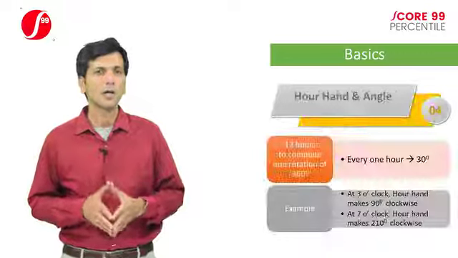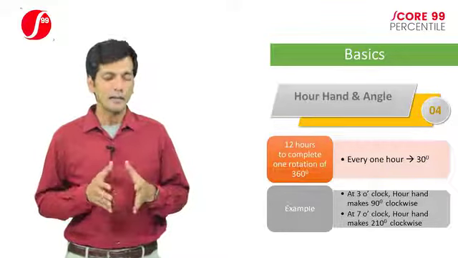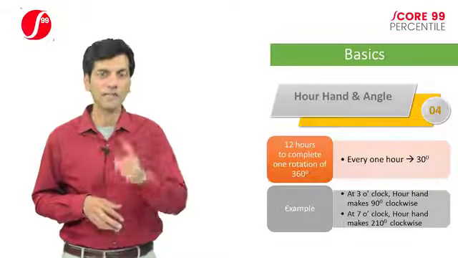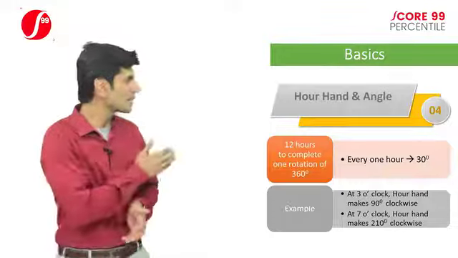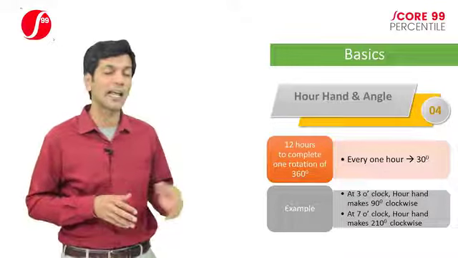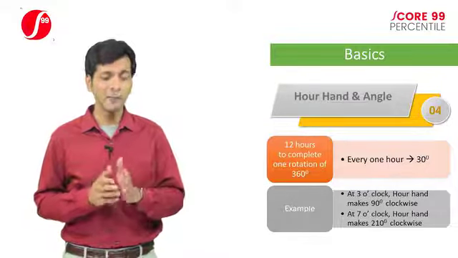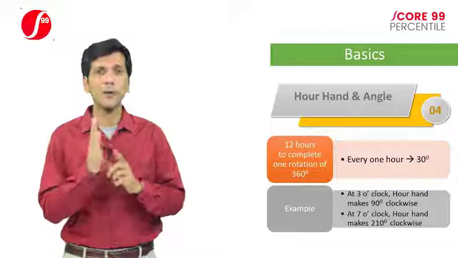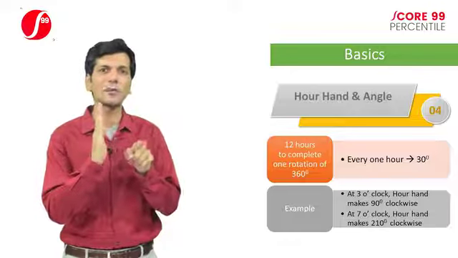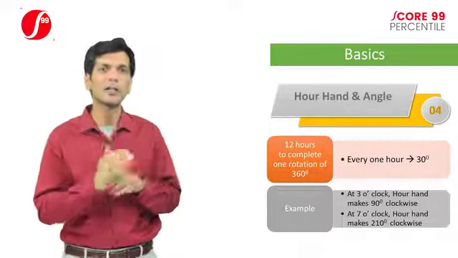Now moving on, if you are looking at the hour hand and the angle that the hour hand makes. Remember that the hour hand takes exactly 12 hours to complete one full circle of 360 degrees. So the hour hand takes 12 hours to complete 360 degrees, which means every 1 hour the hour hand is making an angle of 30 degrees. When we say the hour hand is making an angle of 30 degrees, let's say from 12 o'clock to 1 o'clock, this is your 12 o'clock point and this is your 1 o'clock point. From this vertical reference to this 1 o'clock reference, the angle here should be 30 degrees. So from this point to 2 o'clock, it moves another 30 degrees.